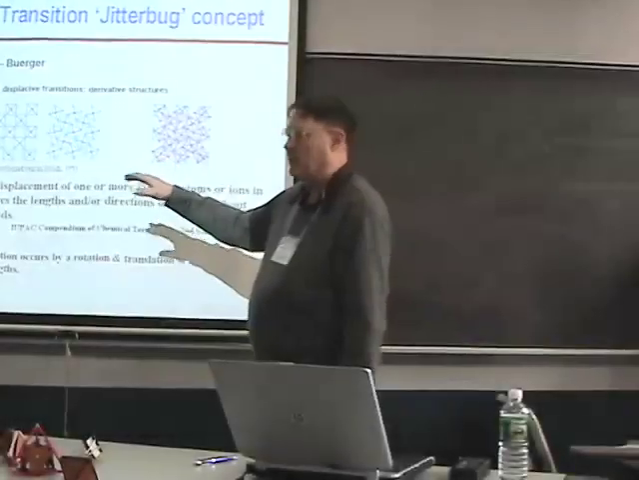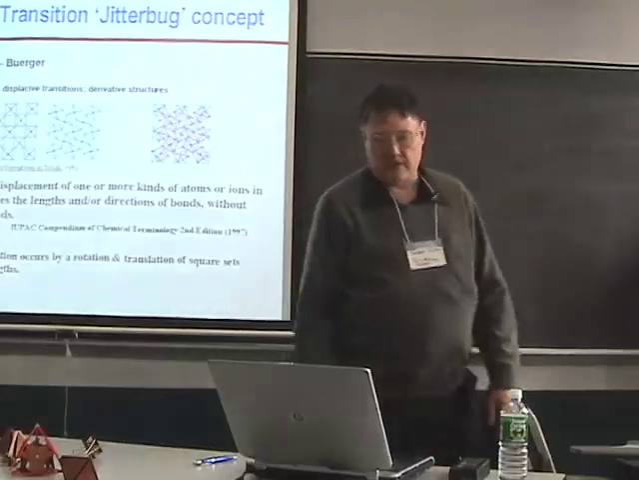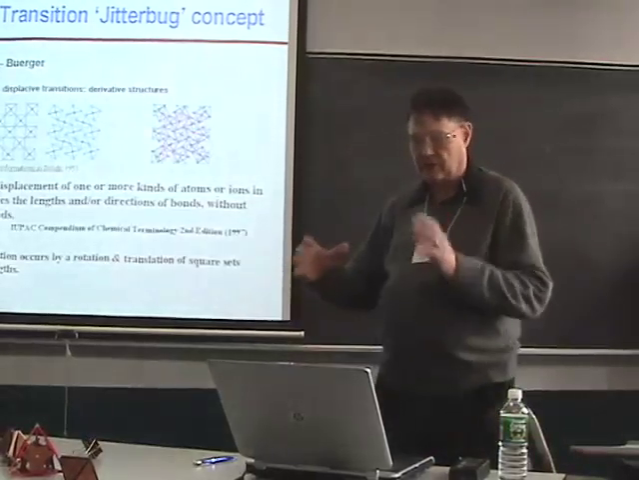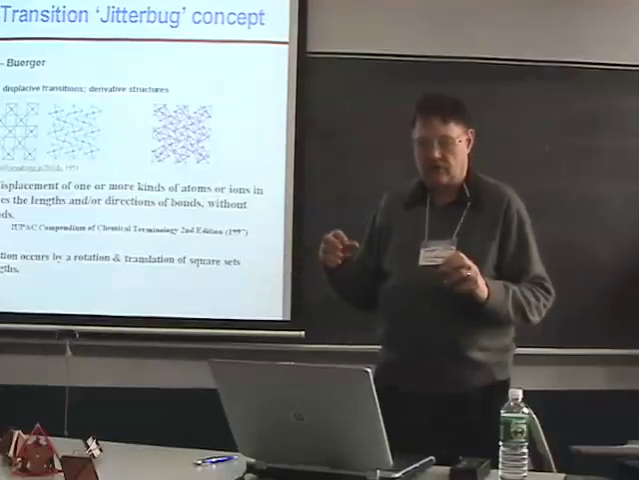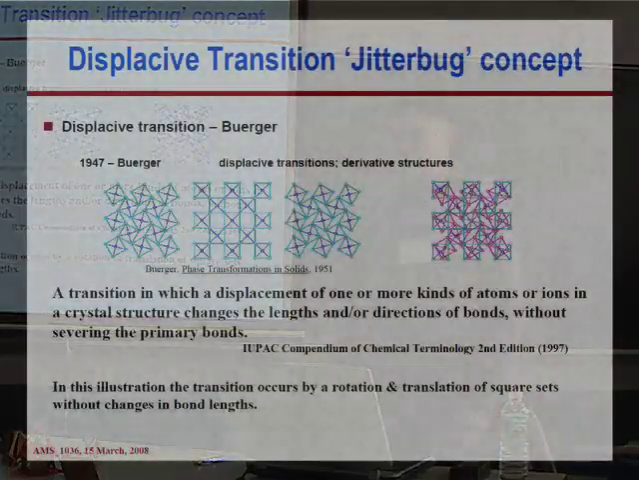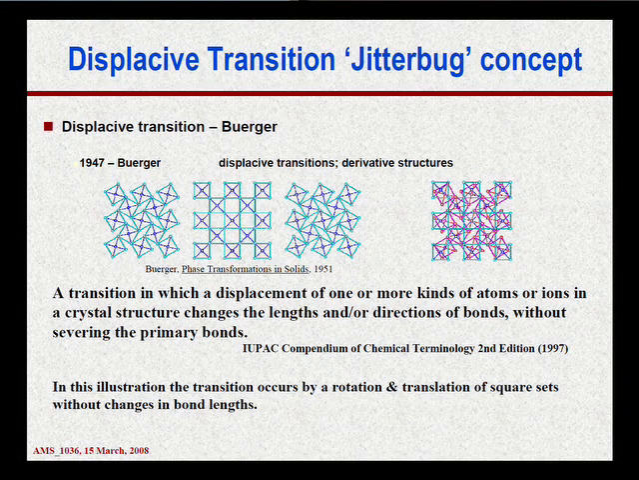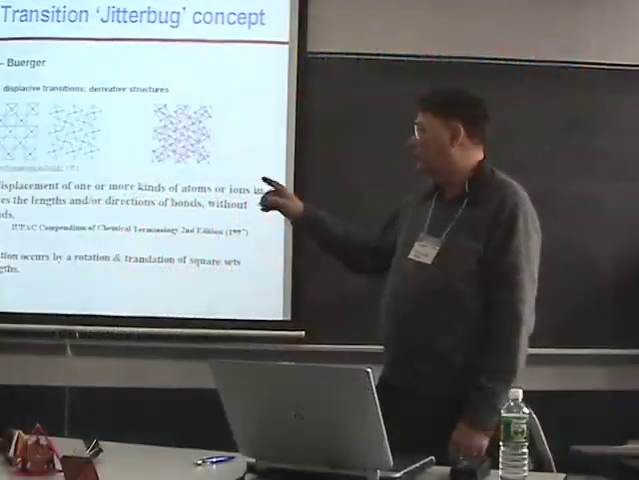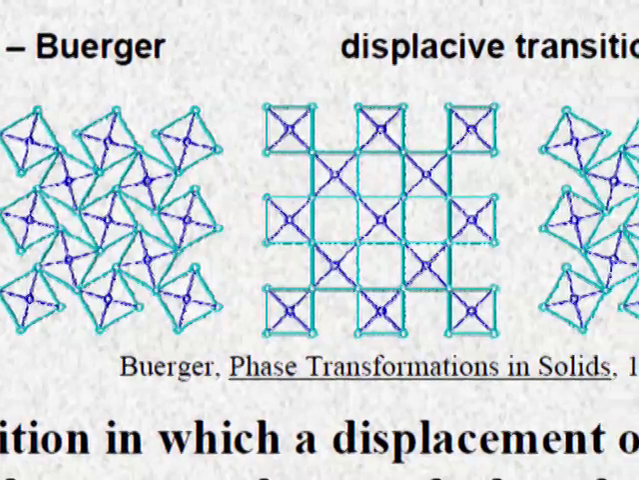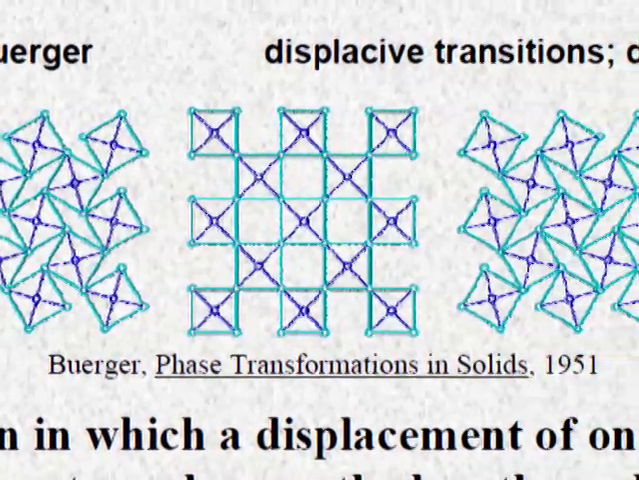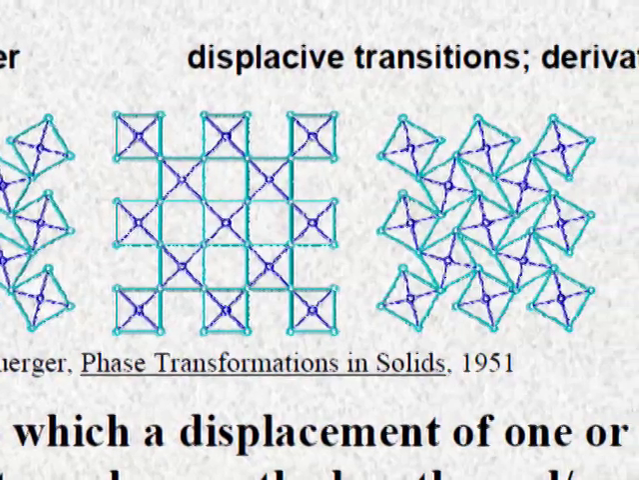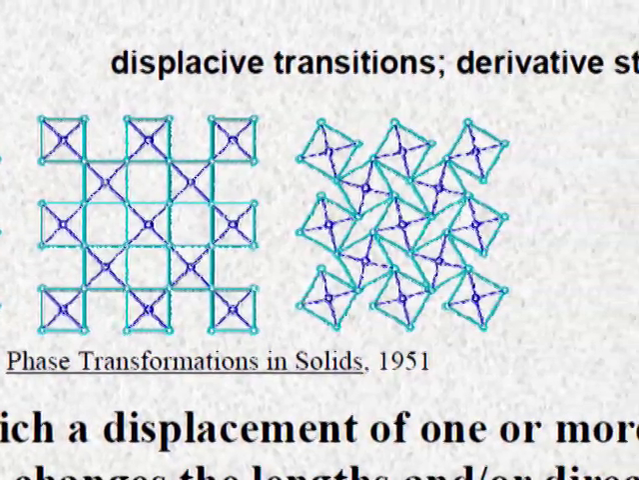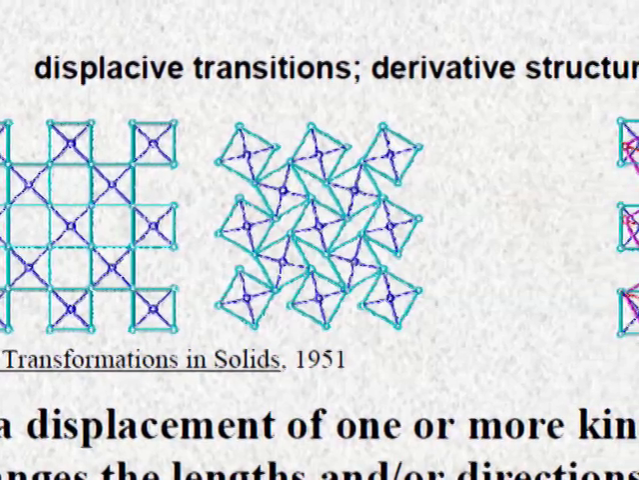The displacive transformation that Berger talked about basically is a transition in which the displacement of one or more kinds of atoms or ions in a crystal structure would change the lengths and/or the direction of the bonds without severing the primary bonds in the atomic structure. In this particular illustration, across the top you have square sets that retain the length of the edges in the set, but the bond angles change. And so this is one form of a displacive transformation,